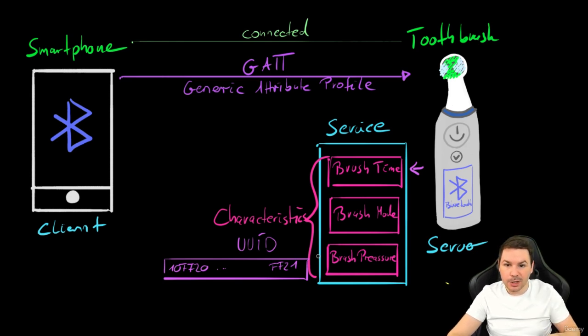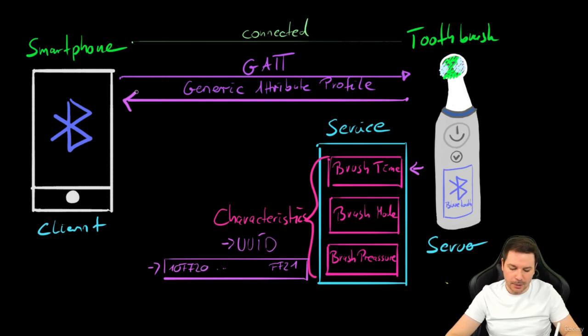So if we want to fetch data from a characteristic, we need to provide this UUID. So the smartphone is now simply telling, okay, I want to have this brush time, and this brush time has this UUID. So the smartphone is simply sending this request, okay, give me some data regarding this brush time. And then the toothbrush is answering